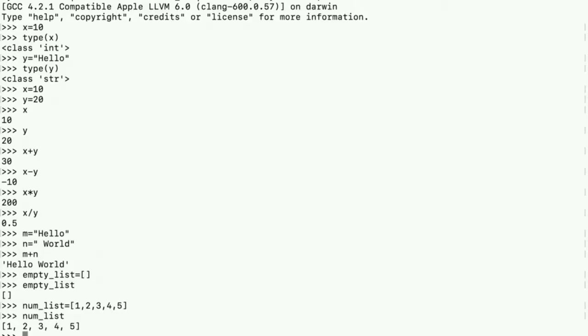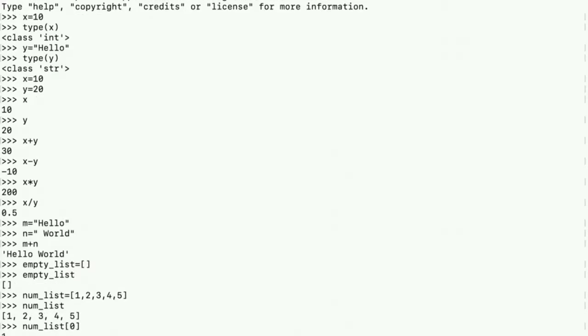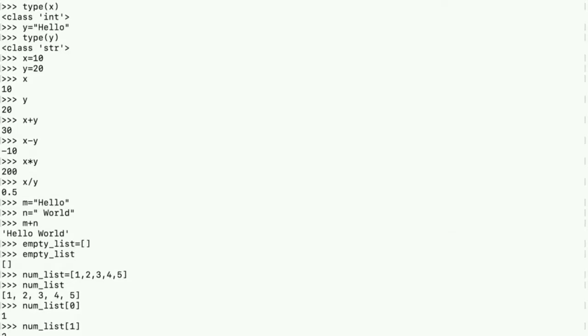Indexing is similar to C++ in Python. If I say numList of 0, it gives me 1. If I say numList of 1, it's 2, right? One advantage of lists in Python is we don't need to have the values in the list be of the same type.